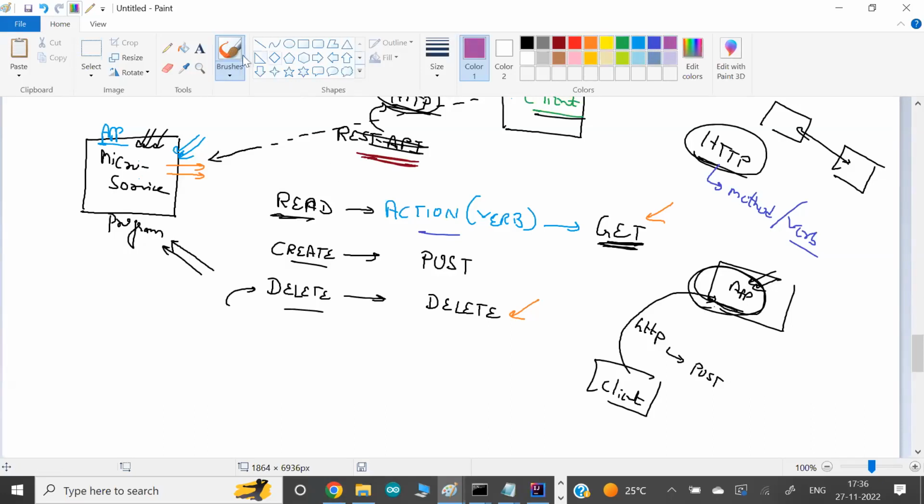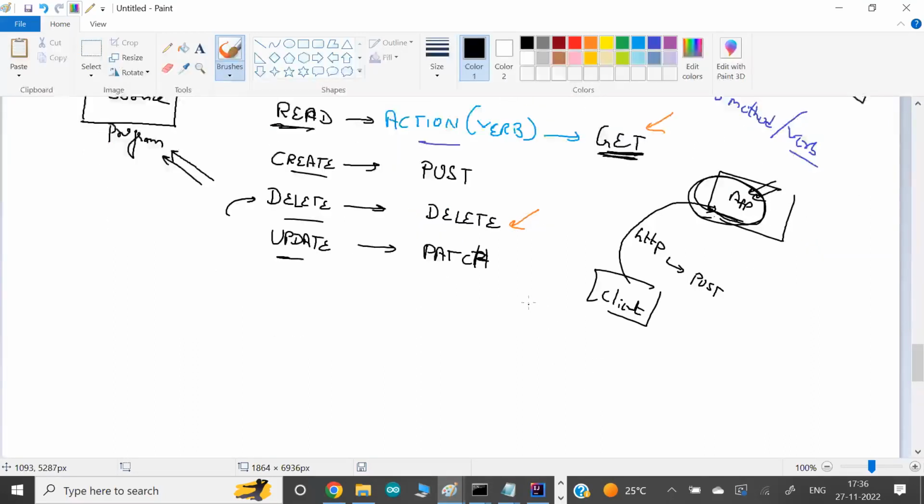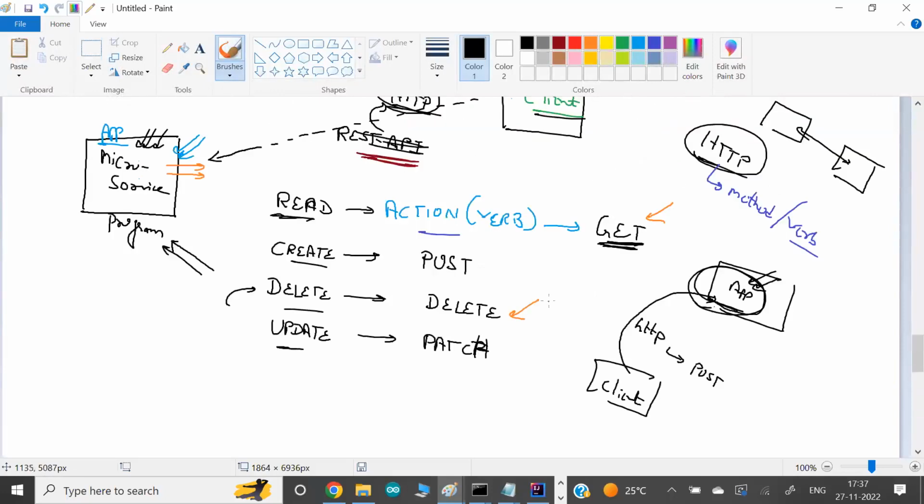Similarly, we have update also. If you want to update anything, update is the English word. For this we have many ways. Patch is one of the ways, otherwise we have some more ways to do things. It's a grammar. Like this, we have more grammar here. My point here is, because we are going to